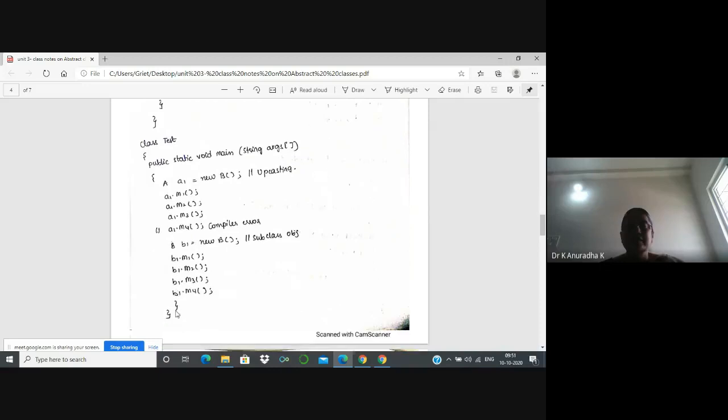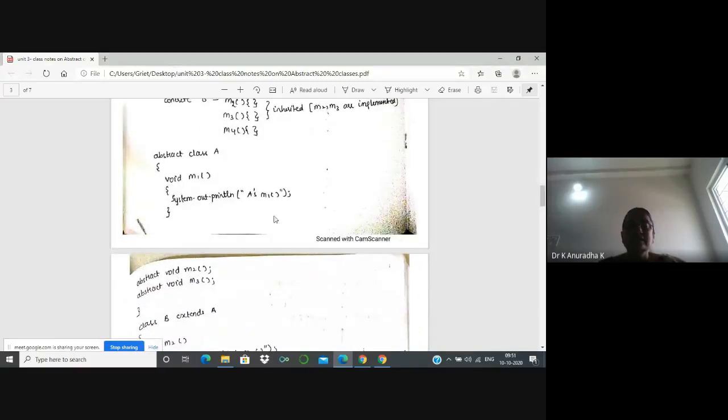Now I will explain the upcasting concept. Because for abstract classes, we can't create objects. Here, which class is abstract? This class A is abstract. So for abstract classes, we can't create objects, meaning for this class A, we can't create an object. So what do we have to do? We can only create a reference variable. Now with reference variables, we can't access the members of this class. Only an object is required to access the members of this class. But for an abstract class, we can only create a reference variable.